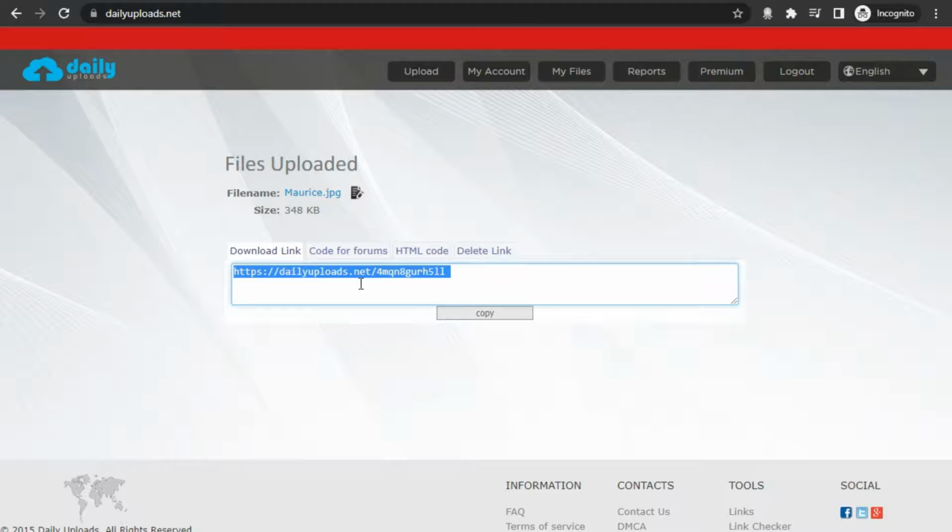And even if I don't share it at all, Daily Uploads will get us free traffic from their own users to keep earning money. But if you want to get faster results, just copy this link and share it all over the internet to maximize the use of your uploaded files. Remember that the more people you get to download the file through the link, the more money you make. And the great thing about it is that the people who download the file